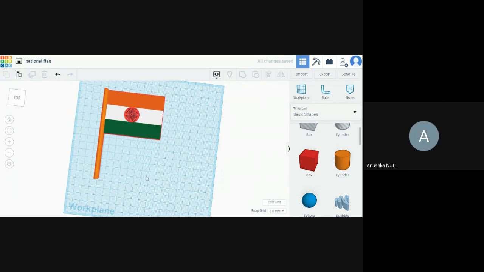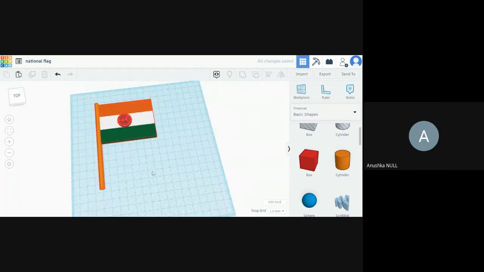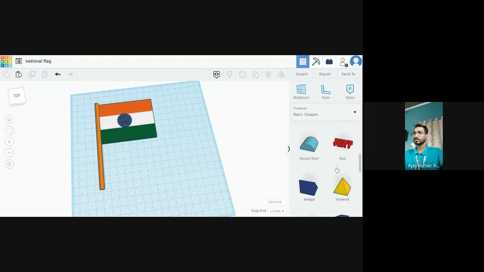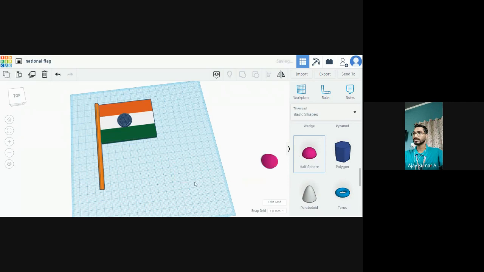Is it okay? Yes sir, till now the things are clear. Yes, sir. Okay, so now I'm going to make a support, or we can say base support. So you can choose any diagram from here. Okay, so I am just using the half sphere. Okay, so I will show, you can choose the multiple diagrams also. So just select, I am selecting half sphere.